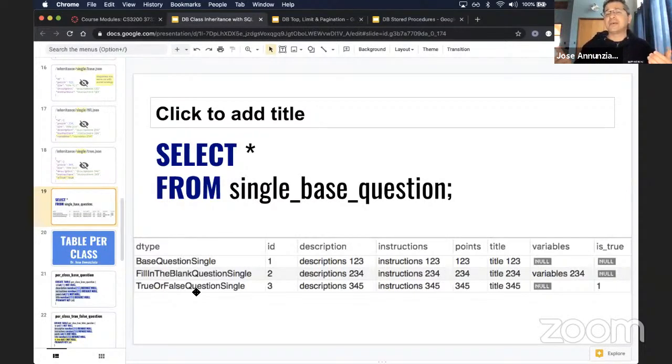Now the pro here is that because we've squished everything and put it into a single table, the performance is much better. We don't need to join all these tables to recreate the original instance. So this is much better performance than the joined or normalized version. The con here is that you can have redundancy, where you can have a lot of information about the D type just repeating itself,